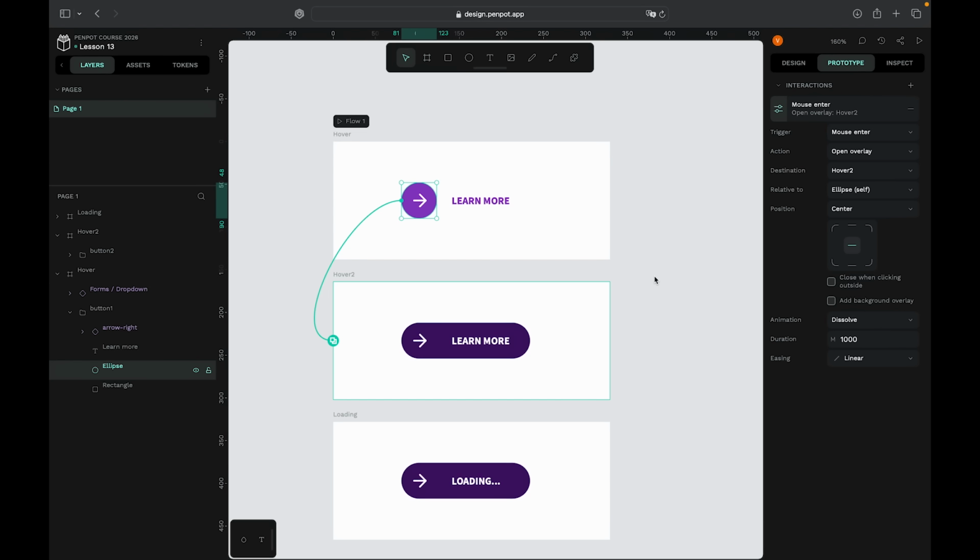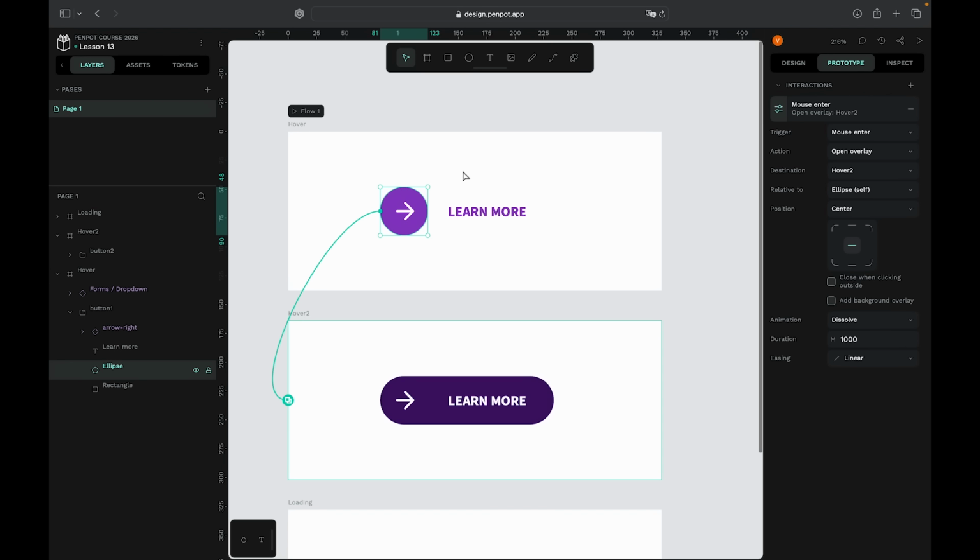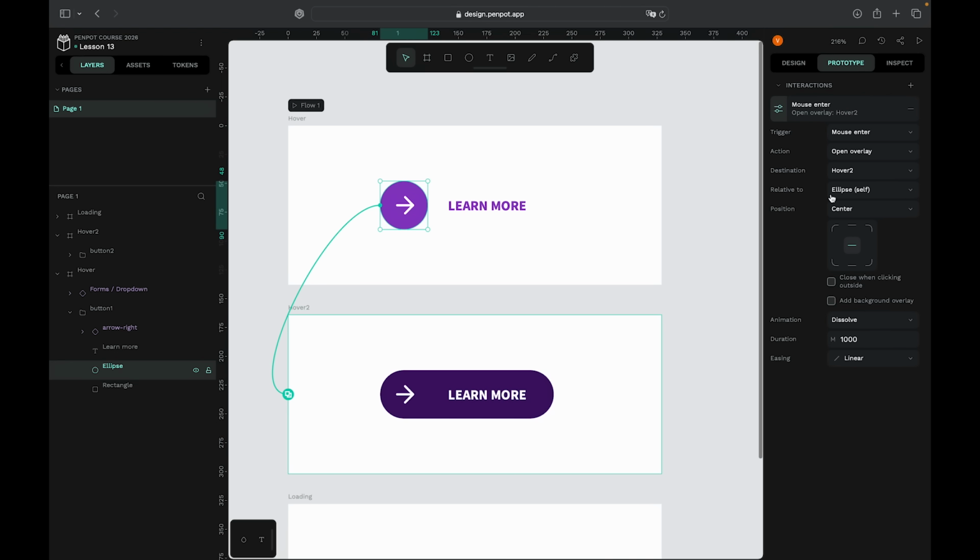Always remember when working with overlays, make sure your element is going to be at the center of the canvas, so of your board in this case, and not at the center of the selected button you have in this case. So I'm changing into over, so the first screen,